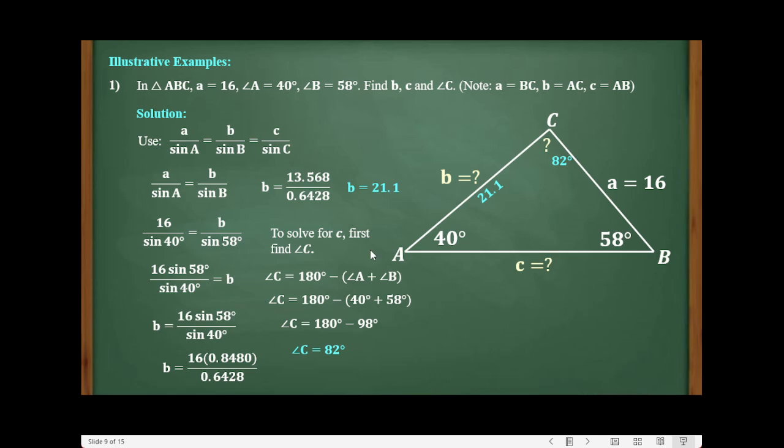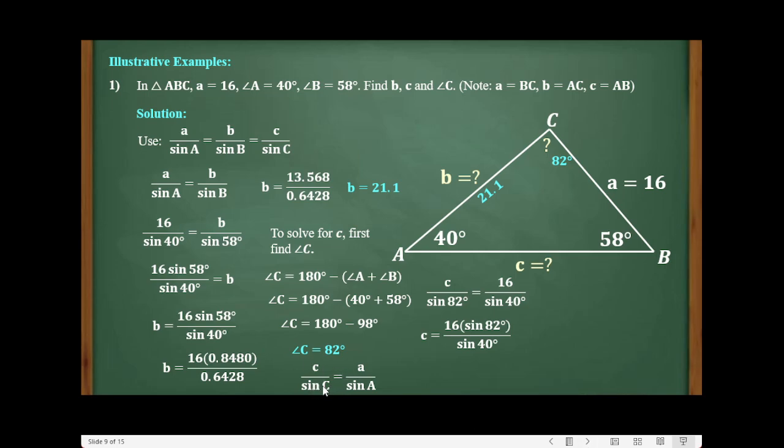So at this point, we refer to the formula, and this time we make use of this one. Then, for the other two ratios, we will take away the middle ratio and retain these two. So, again, 16 and this is 40, which is equal to c over sine of angle C, and we replace the equivalent of angle C, the one we just solved, which is 82. From this formula,